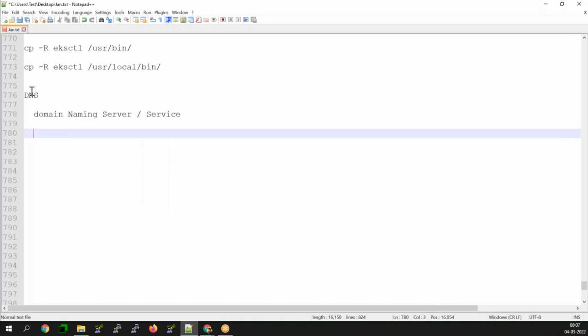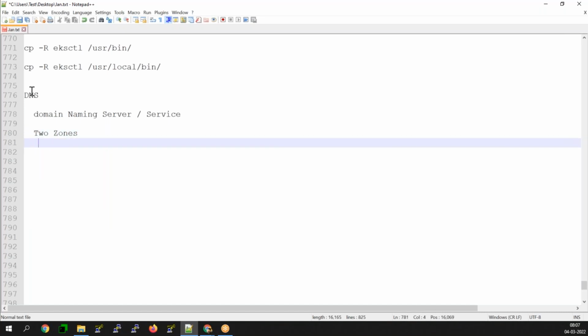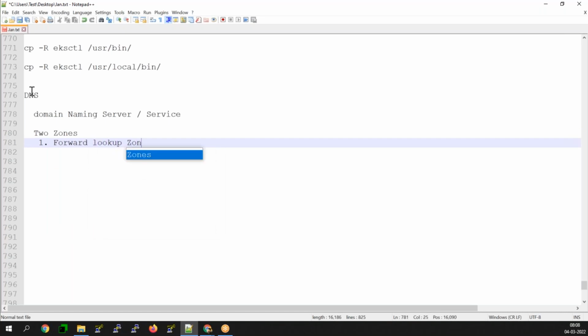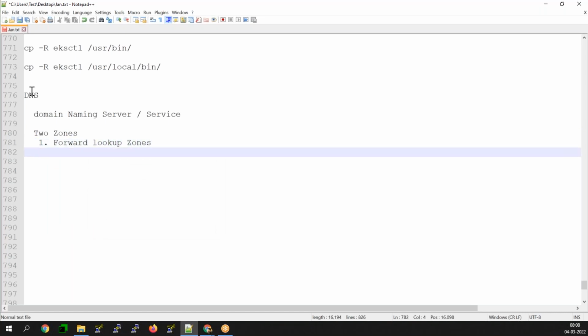Remember this, each and everything is an interview question. Here you have two zones. The first one is the forward lookup zone, and the second one is the reverse lookup zone.